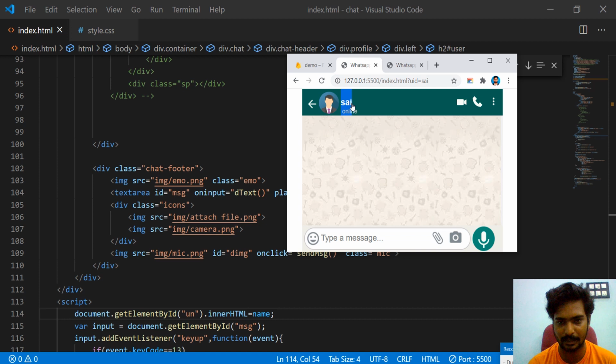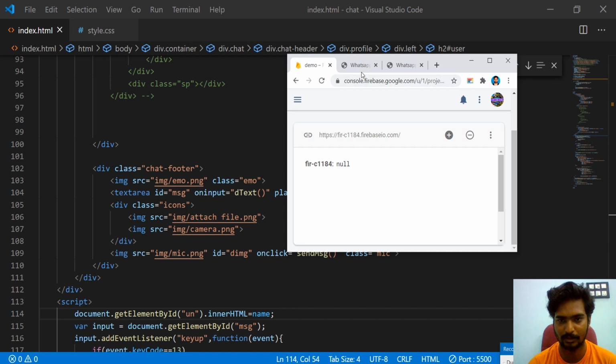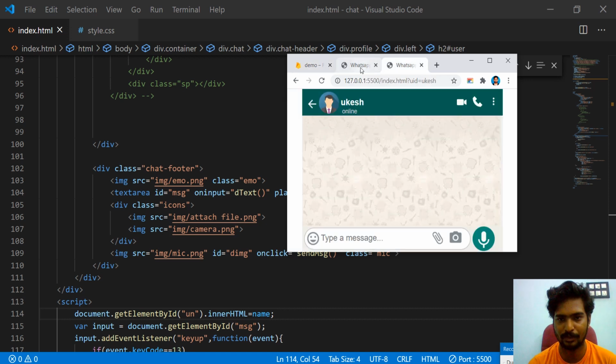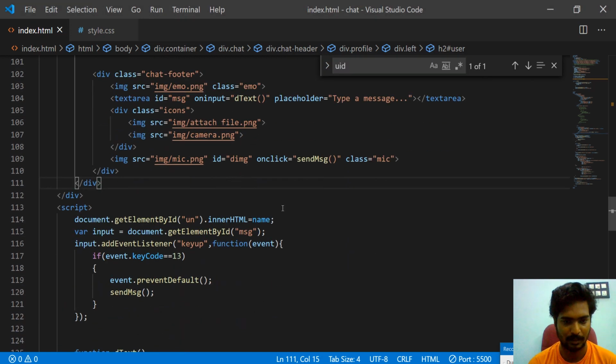So we need to get the opposite name from the database, but we don't save any data about the user because we are not using any authentication. Later, once we create a profile for the users, we can fetch the name from the database, and using the same line of code we can change the name of the user.